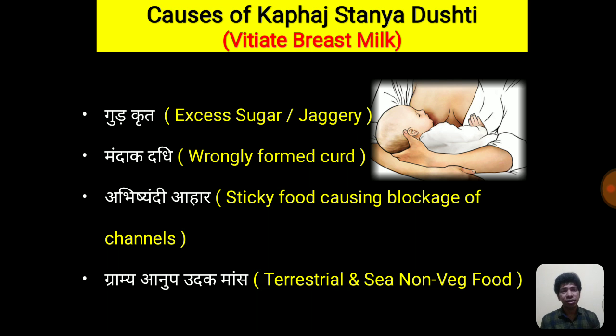So because of good krut, excess of sugar, milk product, non-veg, as per Ayurveda, these are considered very heavy products. Whenever you take a very heavy product and you also don't have good immunity, this will always increase or vitiate the kapha dosha. So this vitiated kapha dosha, which is